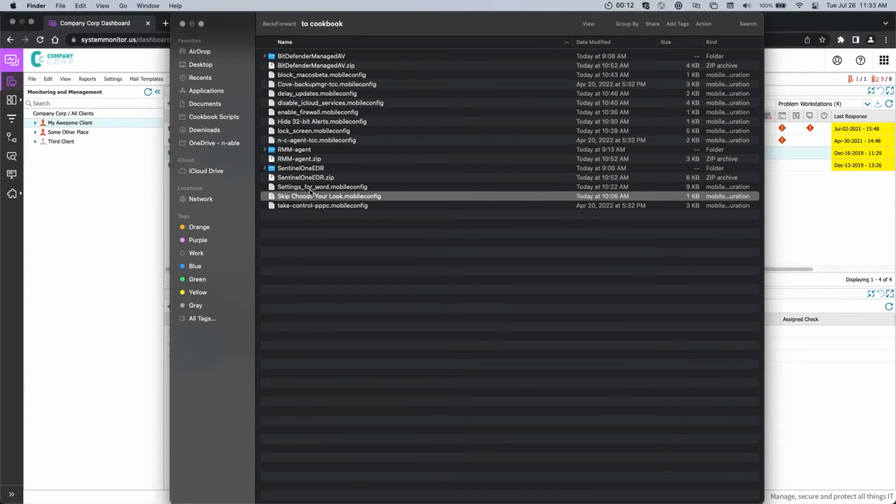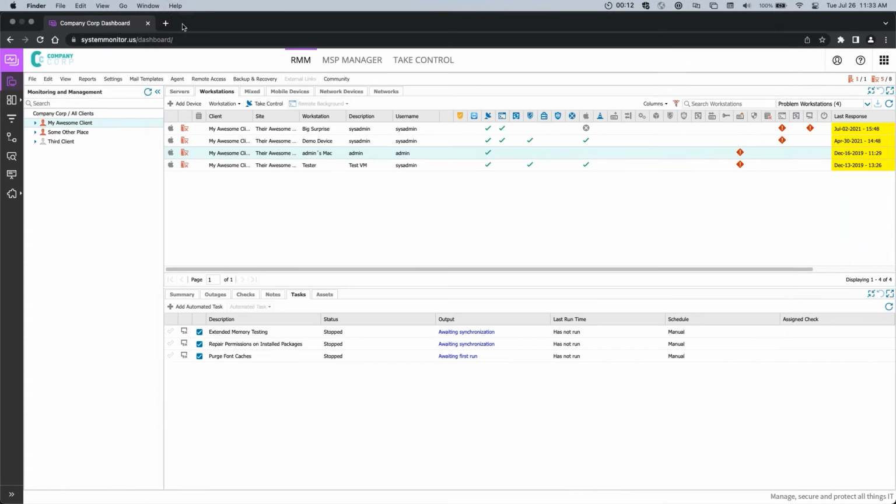And then there's a bunch of others here for Office 365, and then some onboarding things like, we can skip over iCloud. We don't need the 32-bit applications are incompatible warning anymore, that sort of stuff. So like I said, this is the first batch, and I'm putting those up today, and they will be in the automation cookbook probably in a couple of hours after I get off of the call and write up the actual